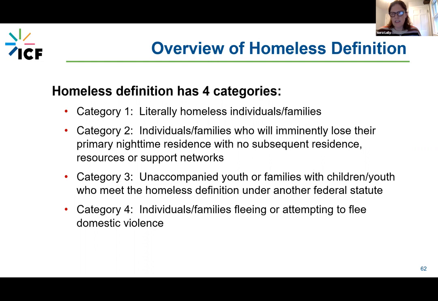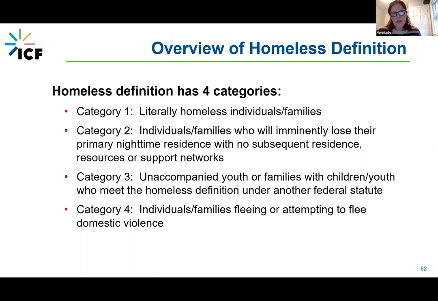So for those situations, for youth, unaccompanied youth, or families with youth who meet one of the other federal definitions and who haven't had a lease or haven't owned a home within the past 60 days and have had to move frequently, meaning I think 2 or more moves in the past 60 days, when they can show that they meet one of those other federal definitions, that makes them eligible under category 3 of the HUD homeless definition, which allows them to be eligible for HUD's emergency shelter program or HUD's homelessness prevention program, again, provided that they meet those income limits.